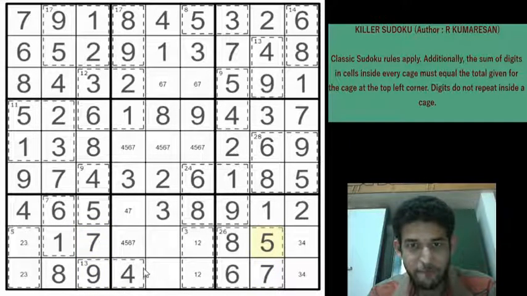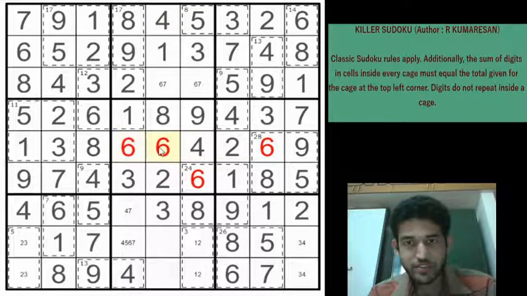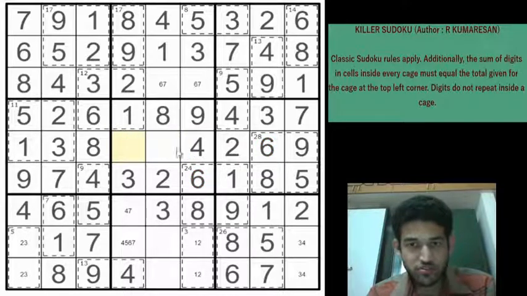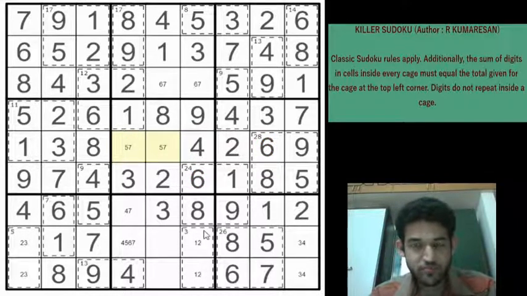And these three cells must be 4, 5 and 7, right? 4 is in column 4 and column 5. So 4 has to go here. And these two cells must be 5 or 7, right? So these two cells must be 5 or 7. And row 7 has only one cell left. This will be a 7. And that gives a 7 here, 5 here.